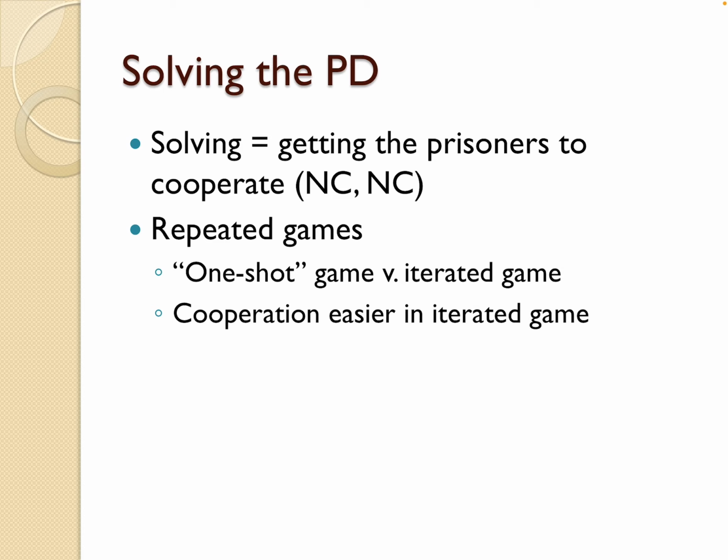And if we think about this at the international level, states don't just do one-shot games and that's it. They do these games over and over and over again. The US and the Soviet Union repeatedly interact. So we could say maybe that at the international level, it's not hopeless because the game gets repeated over and over again.